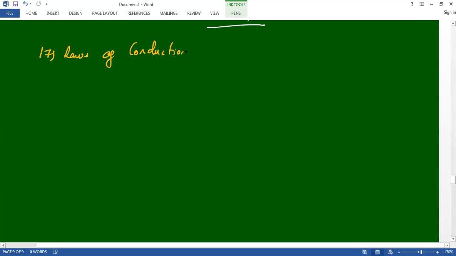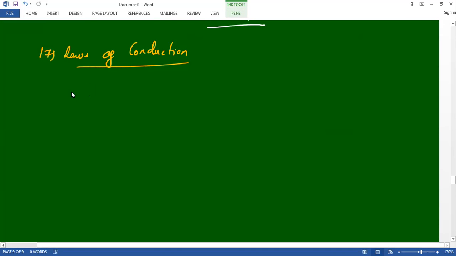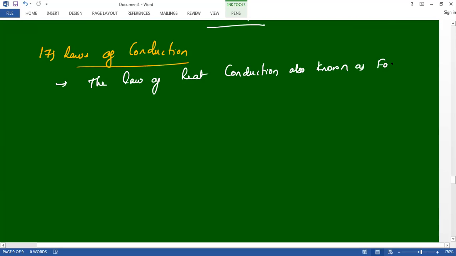Laws of conduction. So let us discuss laws of conduction. Here, the law of conduction is Fourier's law of conduction. The law of heat conduction, also known as Fourier's law, states that